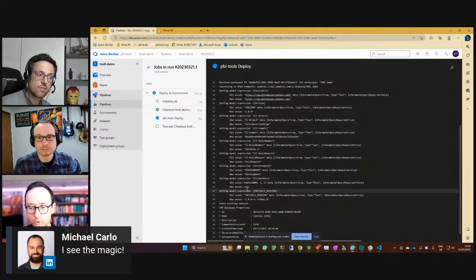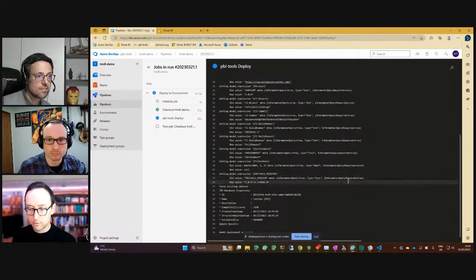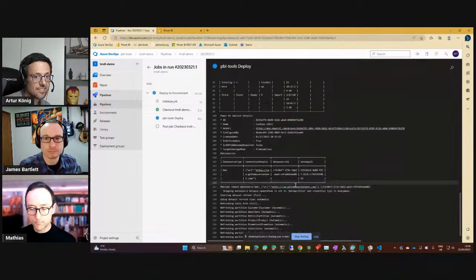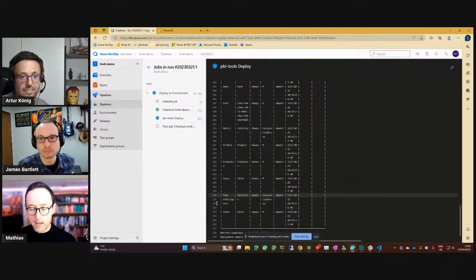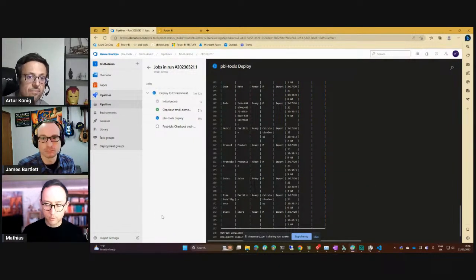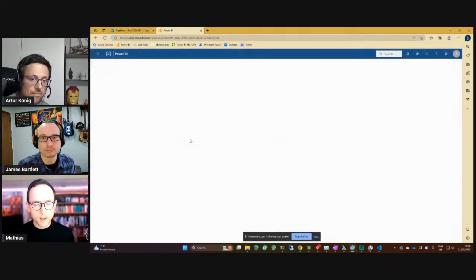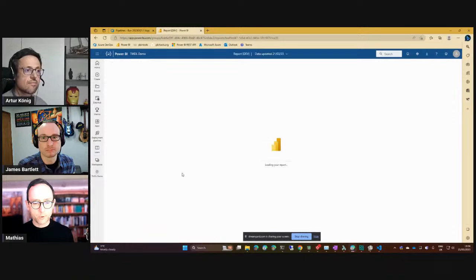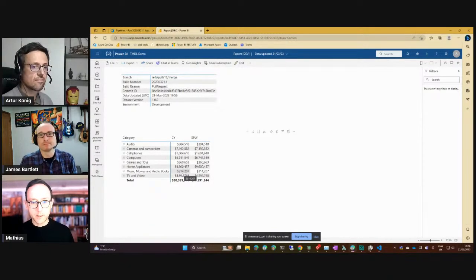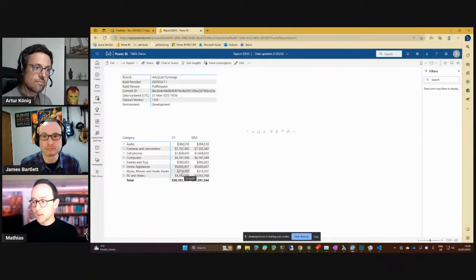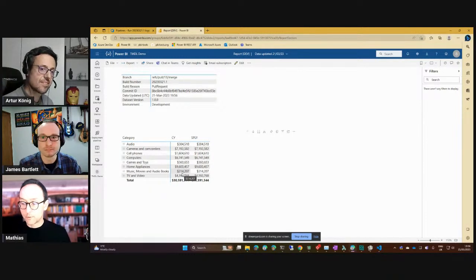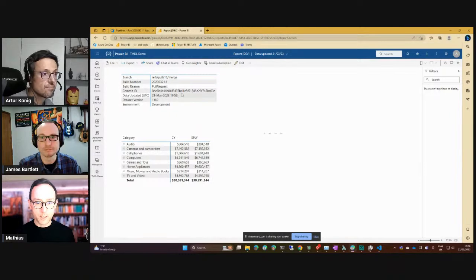We're replacing parameters, and it's then going to do a refresh, which is actually automatic. So that should, there we go. We're already done. So if I go to my workspace now, I've got a report linked to the dev model, and we can already see, just looking at my metadata here,